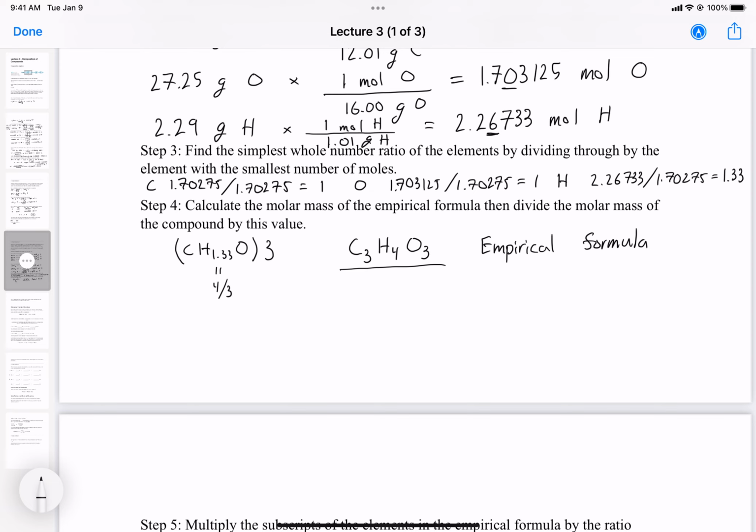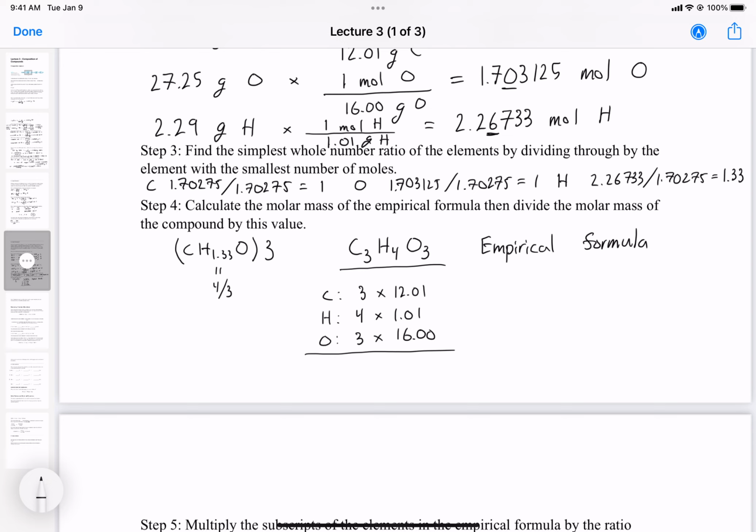So let's calculate this molar mass. C here has 3 times 12.01. Hydrogen is 4 times 1.01. And oxygen is 3 times 16. So for molar mass, we simply add up all the atoms and multiply each atom by their molar mass, find the sum of all the carbon atoms, the sum of all the hydrogen atoms, and the sum of the oxygen atoms. And then we take the total sum of all of them, and we will get a value of,